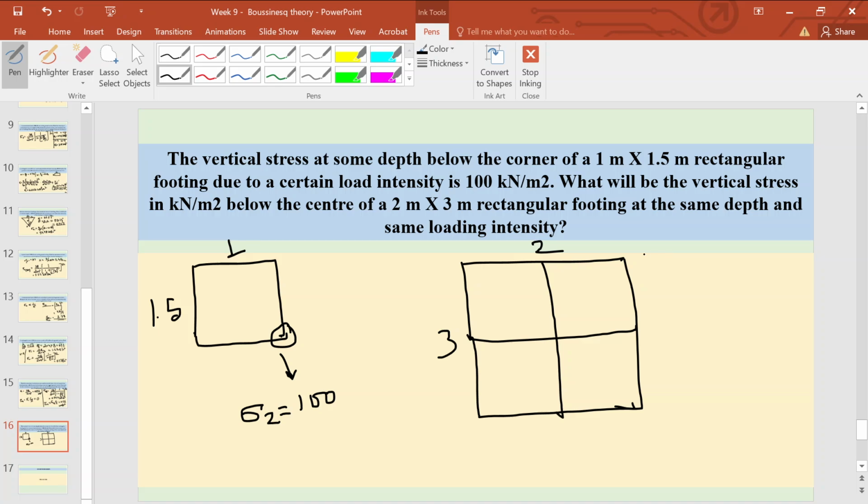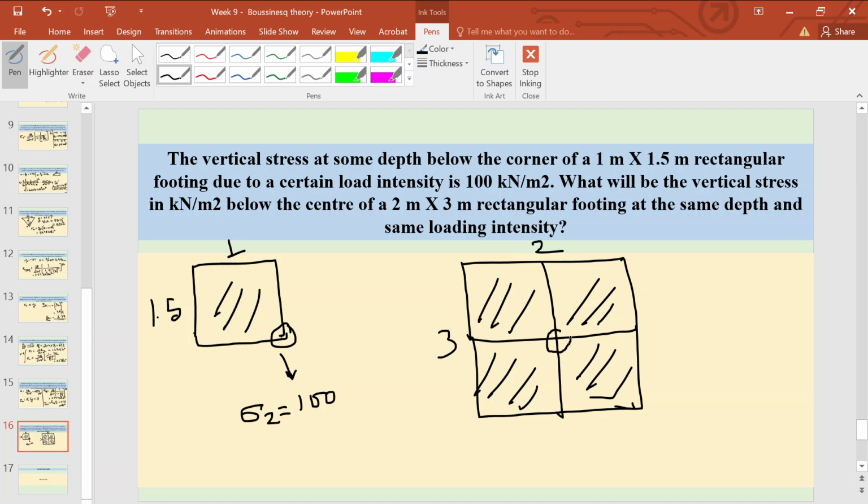Now this is the block, again this is the same block. So all the corners at the same depth will be exerting how much? 100 each. So at this point P, sigma z at the point P will be